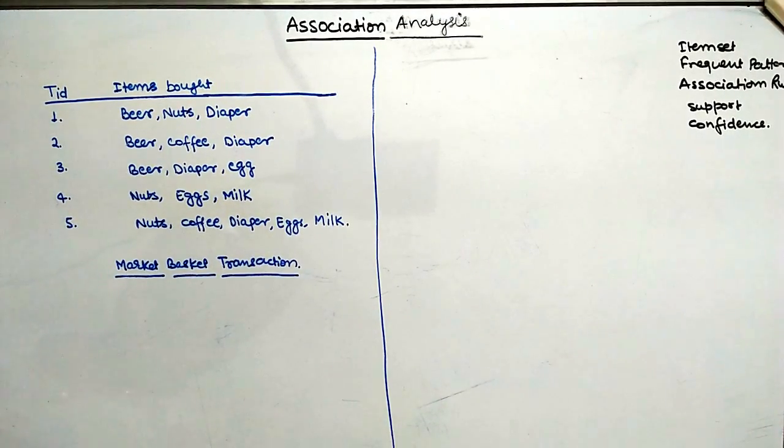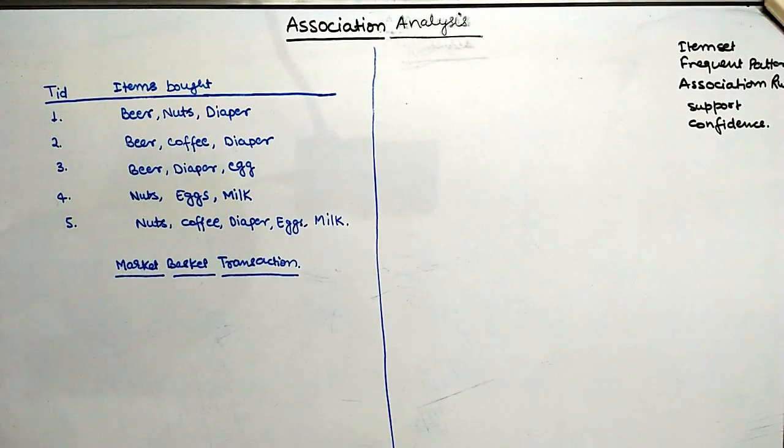Purchases are made in the market, and the data which is collected daily in a grocery store is in a very high amount. So in that data we need to mine the frequently purchased items so that decision making can be done by the market store owner or any other business owner.